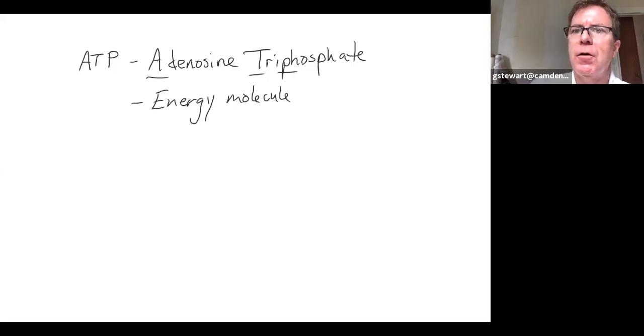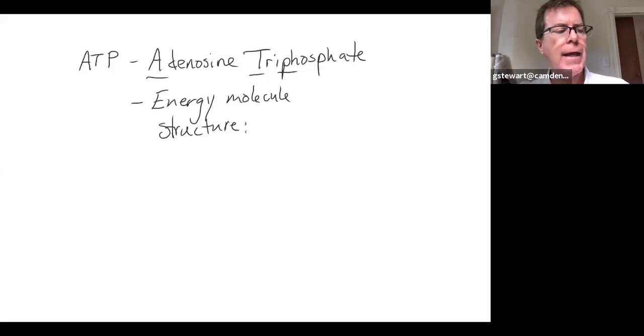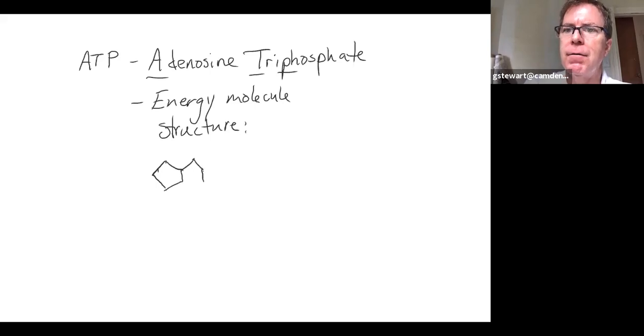So let's just go over the structure of that molecule and its function. First, I'll just draw a quick ATP molecule. Don't worry, you're not going to have to draw this yourself on a test. I have a way of doing it that I just memorized when I was young. I draw a 5-ring structure first, and then I add a 6-ring structure to it. So I have a 5 and a 6, and then I attach it to a 5-ring